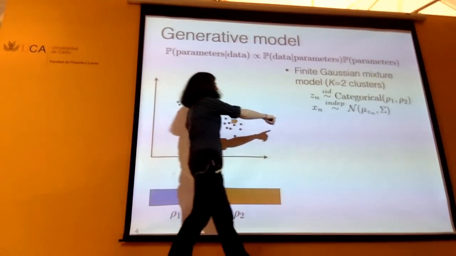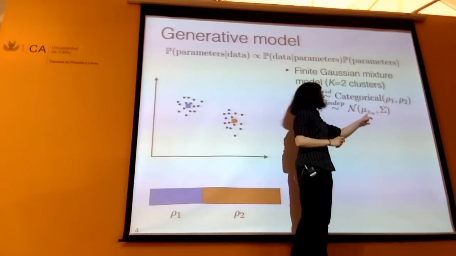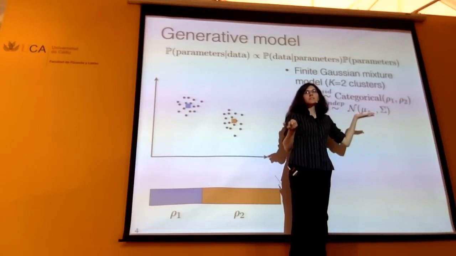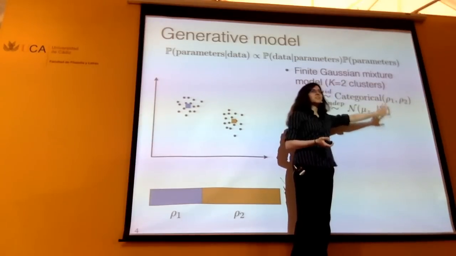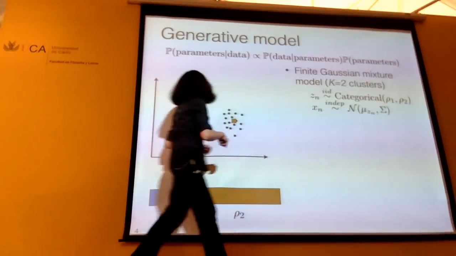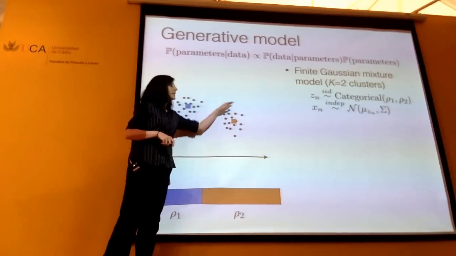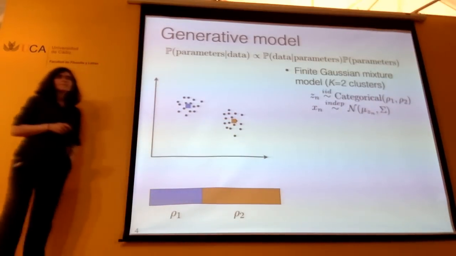Likewise, we're going to draw the actual data values. We'll say that they are normally distributed around some mean that's specific to each cluster, and with some covariance. Here I'm fixing the covariance, you don't have to. It's just a lot easier for me and a lot easier for the slides and the math. So there's going to be some mean for cluster number 1, some mean for cluster number 2, and then we draw the data independently, conditional on the z's and the mu's around that.